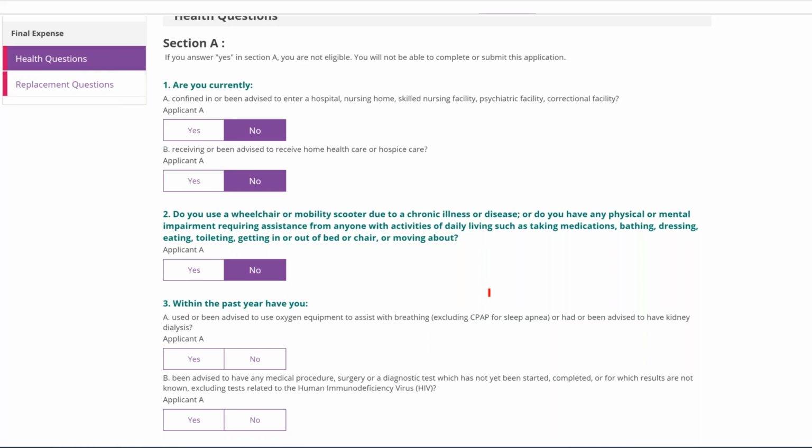Have been advised to have kidney dialysis. So if your client is on kidney dialysis or has been recommended to have kidney dialysis. Now, usually if they need kidney dialysis, that means it's end stage renal failure. So they're usually in bad shape. Next question, has your client